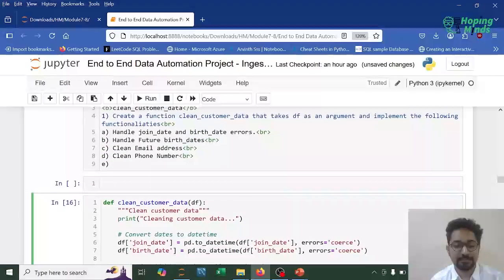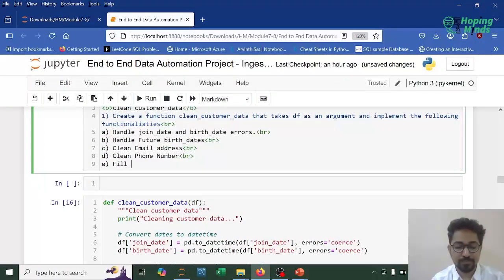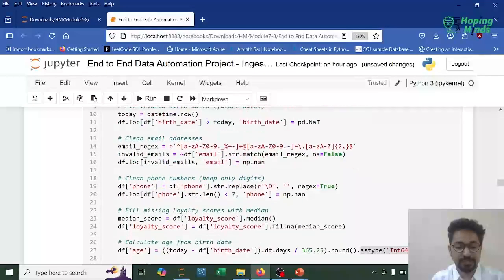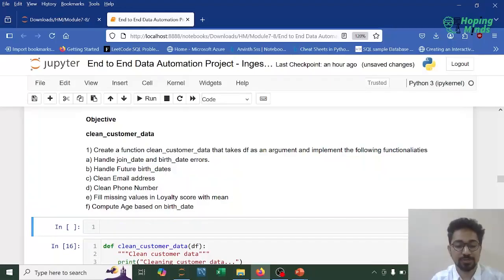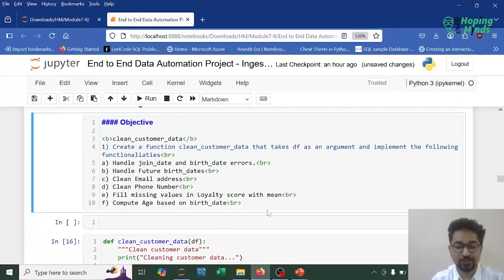All right, so let's say clean phone number, then fill loyalty score with median. So fill missing values in loyalty score with the median. And what is the next step? Then compute age based on birth date. So guys, all of this functionality is what we have implemented for the clean customer data. Next, our function is